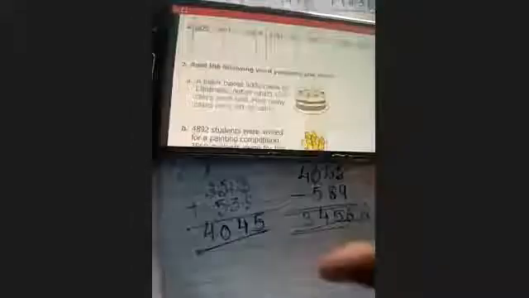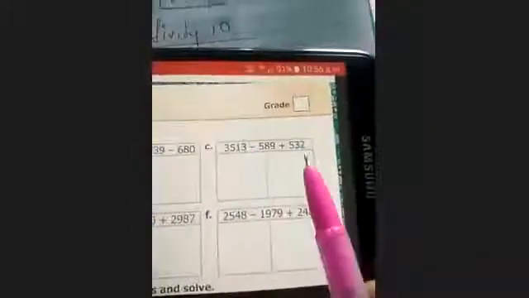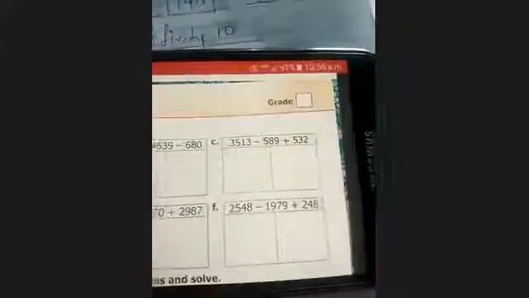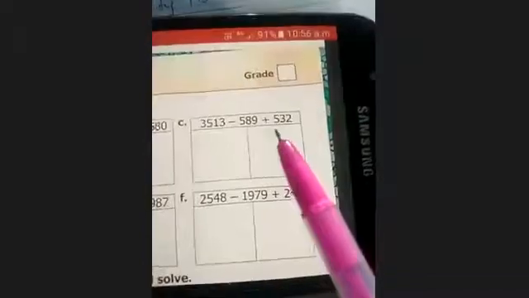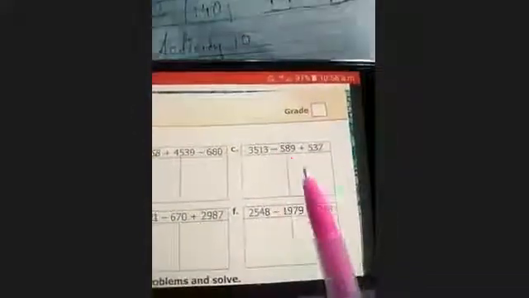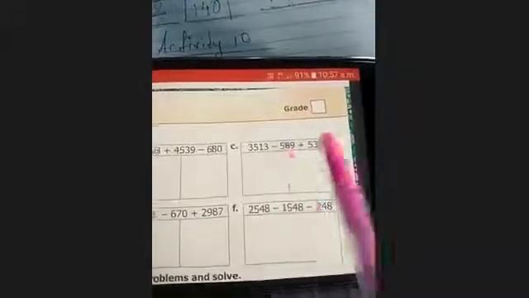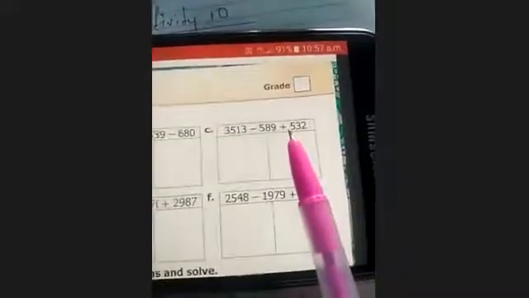See the question, as you can see. This is the question. Here there is a minus sign, and here there is a plus sign also. So what you have to do in this type of question is addition first. Always remember, you have to do addition first. But this is minus and this is plus. So minus plus equals minus, meaning there will be no addition. The answer will go in subtraction.